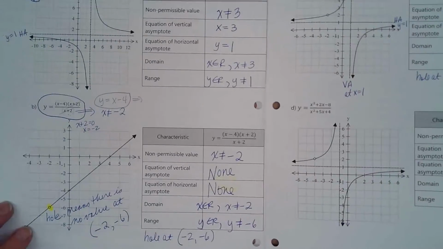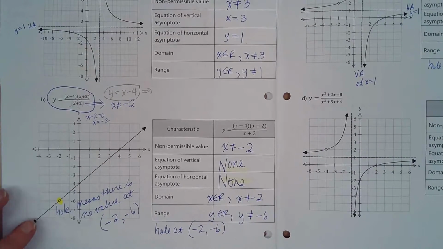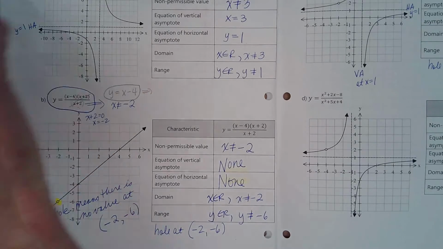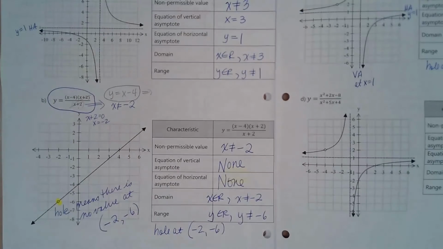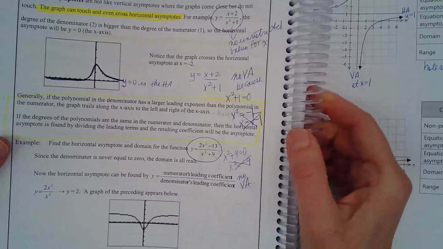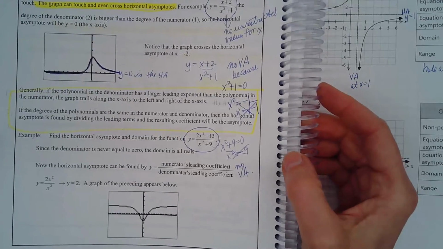Any patterns you would notice here at all? Evie? How did we get horizontal asymptotes? Yeah, the coefficients. So if you go back to page 114 of your notes,